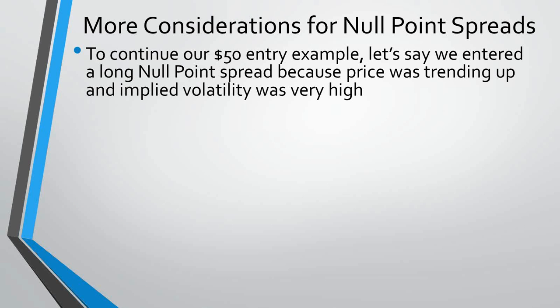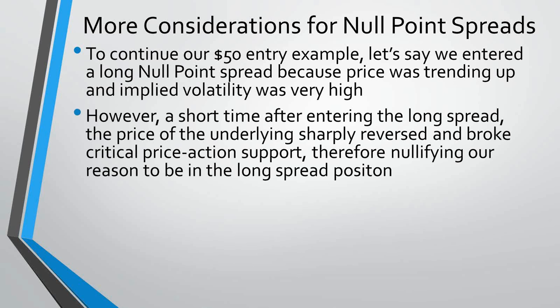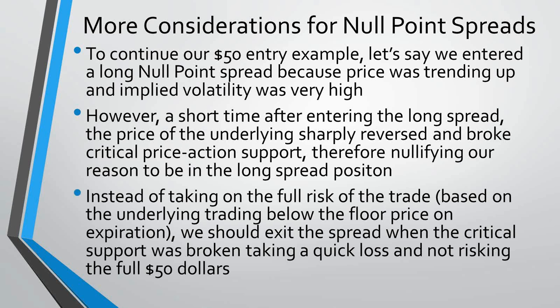All right. To continue our $50 entry example, let's say we entered a long null point spread because price was trending up and implied volatility was very high. Implied volatility is really high, so I'm going to use this at the null point. I don't want to pay all that extrinsic value, and it's trending in my direction, so I want to put on a long spread. However, a short time after entering the long spread, the price of the underlying sharply reversed and broke the critical price action support, thereby nullifying our reason to be in a long spread position. Instead of taking the full risk of the trade, based off the underlying trading below the floor price on expiration,